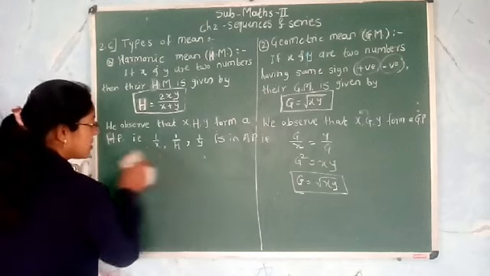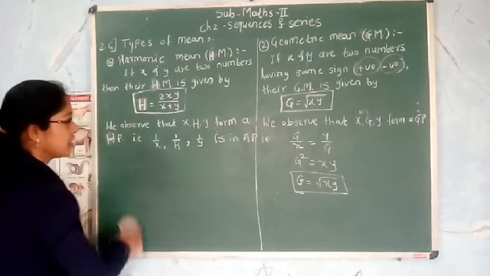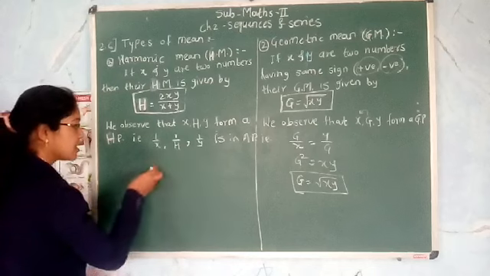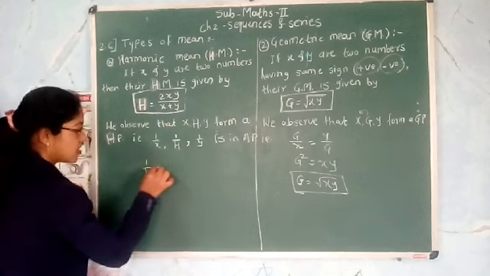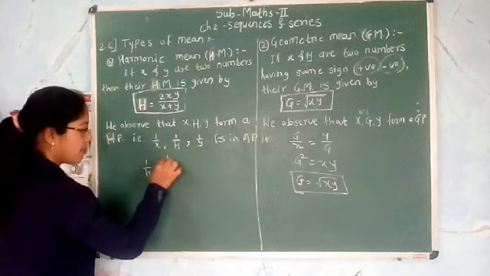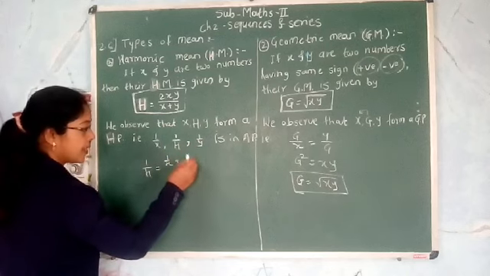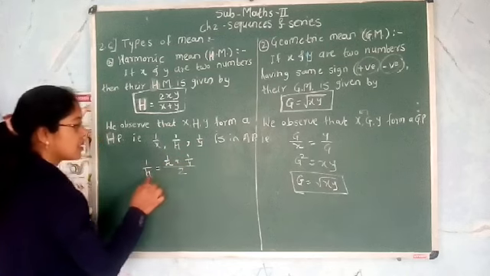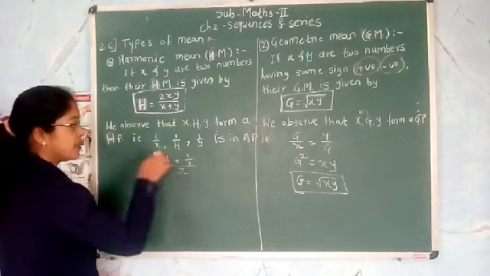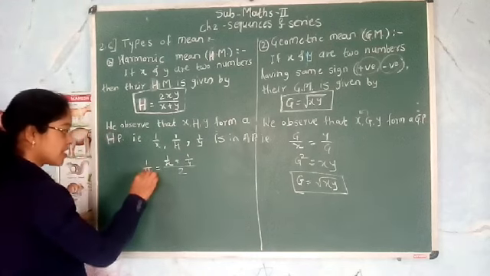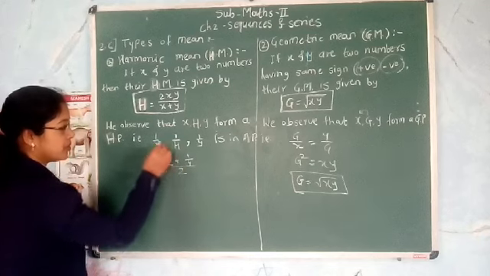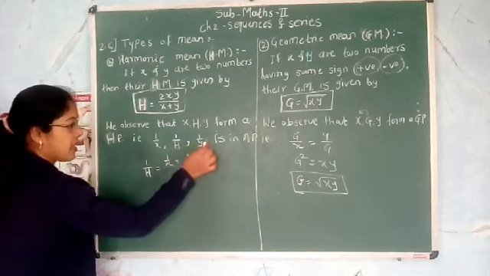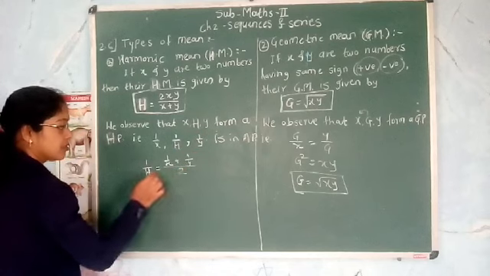किंवा आपण डायरेक्ट ह्यांचाच अरिथमेटिक मीन घेऊयात. हे AP मध्ये असेल तर त्यांचा अरिथमेटिक मीन काय असतो, अरिथमेटिक मीन इज 1 upon h is equal to 1 upon x plus 1 upon y, upon 2. This is the arithmetic mean of AP. जर सिक्वेन्स AP मध्ये असेल तर त्यांचा अरिथमेटिक मीन काय असतो? A is equal to x plus y upon 2. Here this is x, this is y and divided by 2. Clear?